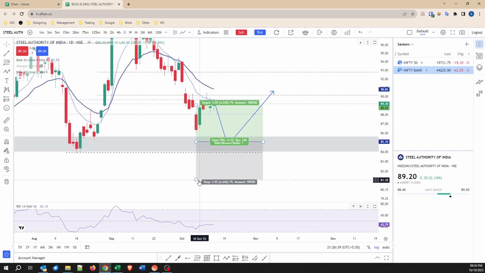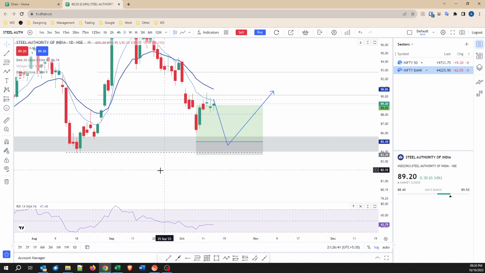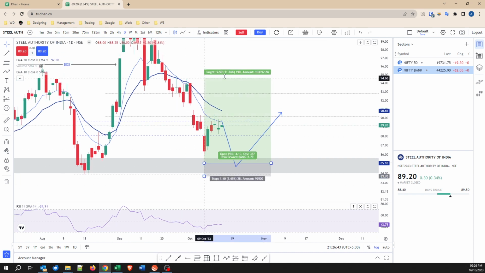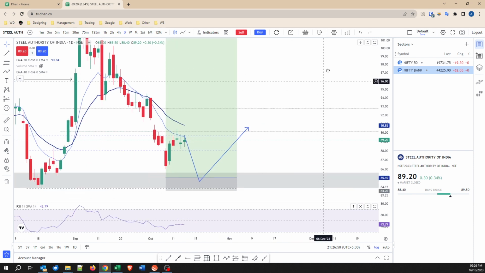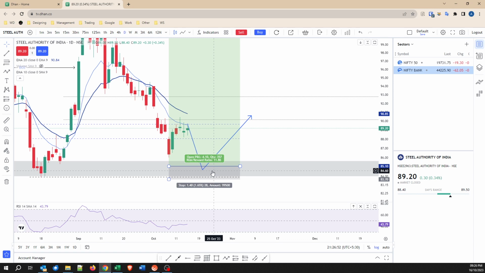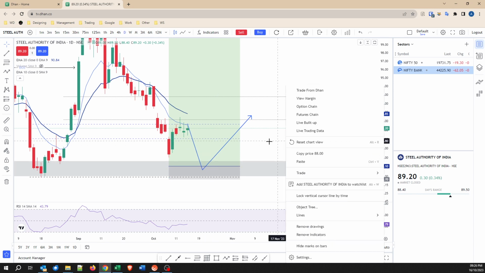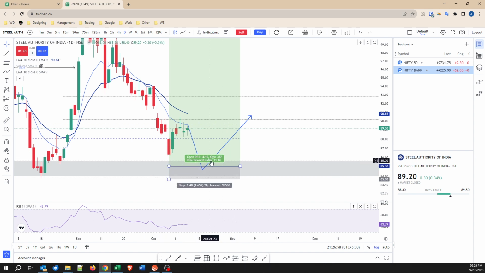This should be a good risk to reward, and the stop loss is somewhere here, and the target is pretty good. My target is somewhere until here, 101.7. So it will be a risk to reward of around 1:11. I mean, you might think that this is quite a huge risk to reward. How can you actually get it?